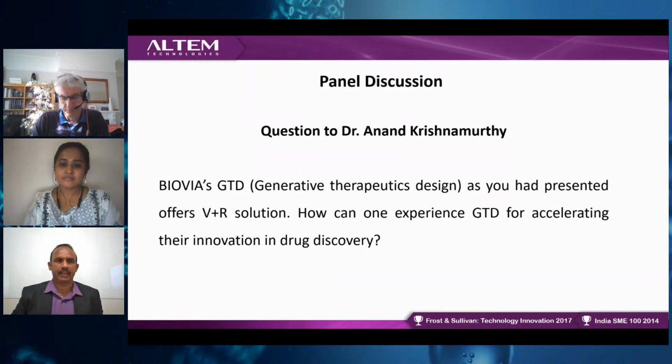So if I am a medicinal chemist, I'll have certain roles associated with my activity or functions. If I'm a computational chemist, I'll have a role associated with me. If I'm an assay scientist, I will have a role associated with them. Each of these roles is contributed by a set of apps, which forms the basis of Generative Therapeutics Design, which is innovation based, collaborative and shareable in nature, and of course, which also allows you to optimize and apply machine learning programs onto it. That's what I have on that.